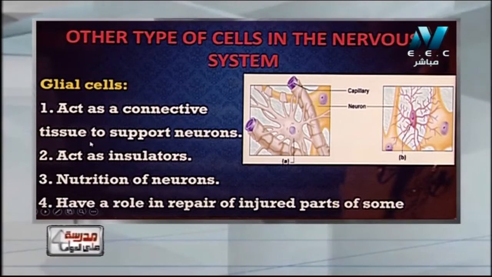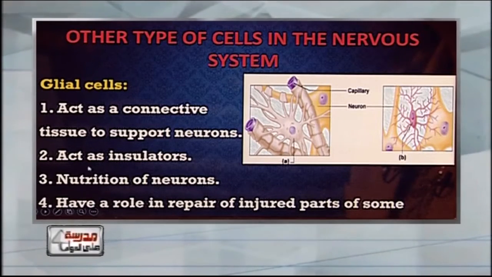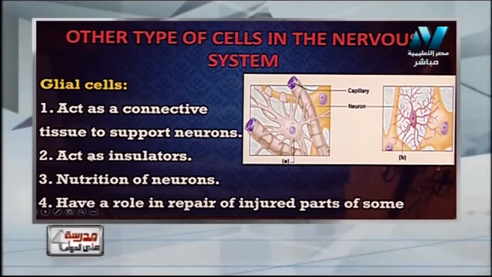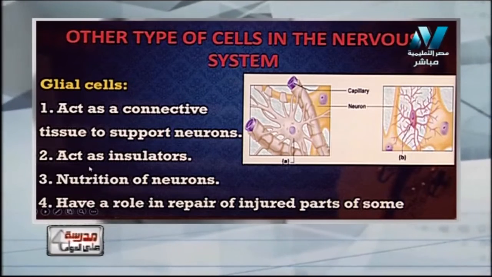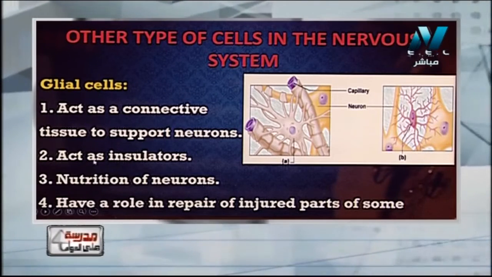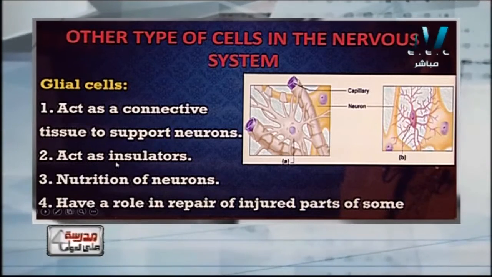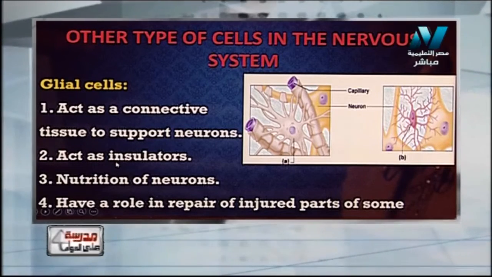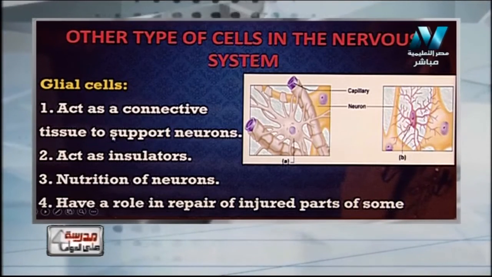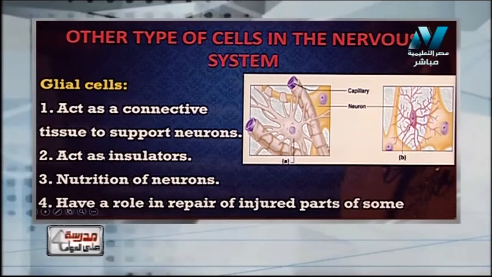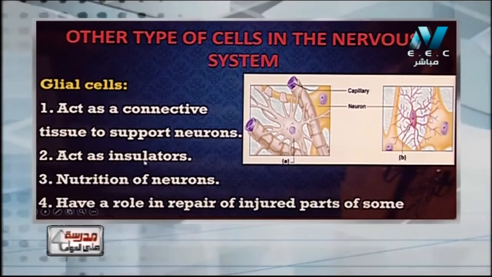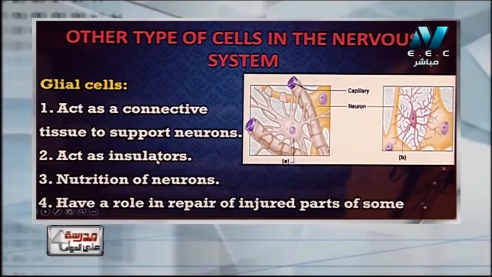They act as insulators, and also they carry out different vital activities to provide the nutrition for the neurons, and also the neuroglia or glial cells have a role in repairing the injured parts of the